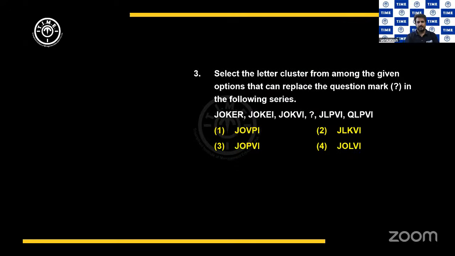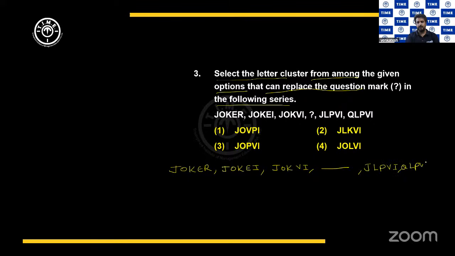Letter series. Select the letter cluster from among the given options that can replace the question mark in the following series. Now, what is the series given here? JOKER, the first cluster. And the second cluster is JOKEI. And the third cluster is JOKVI. The fourth cluster is missing. And the fifth cluster is JLPVI and QLPVI. Okay. Now, if you observe carefully,